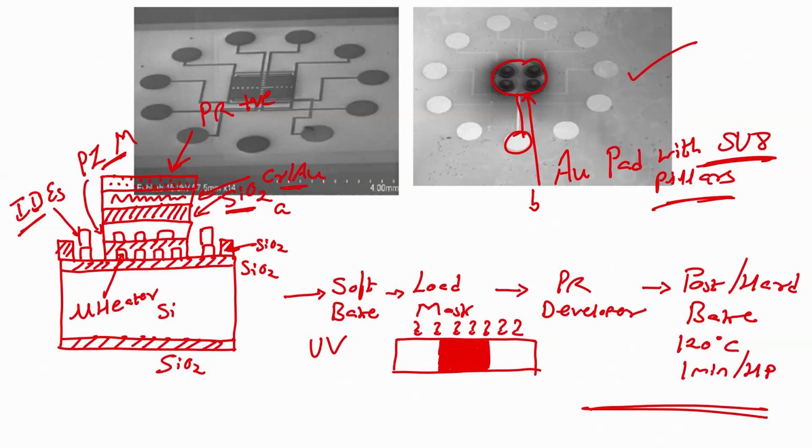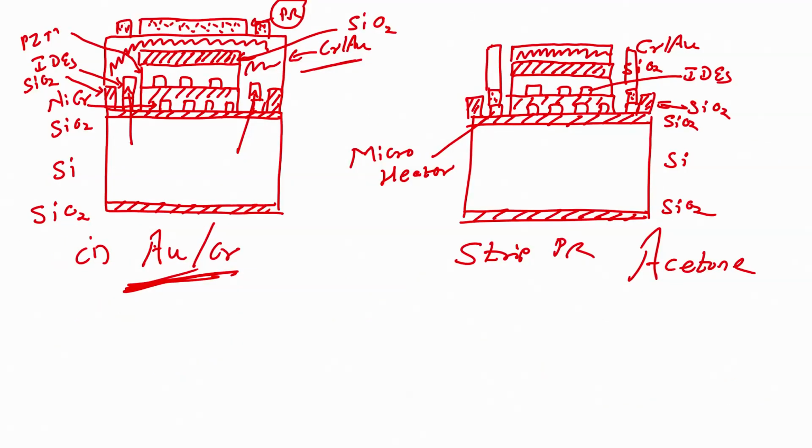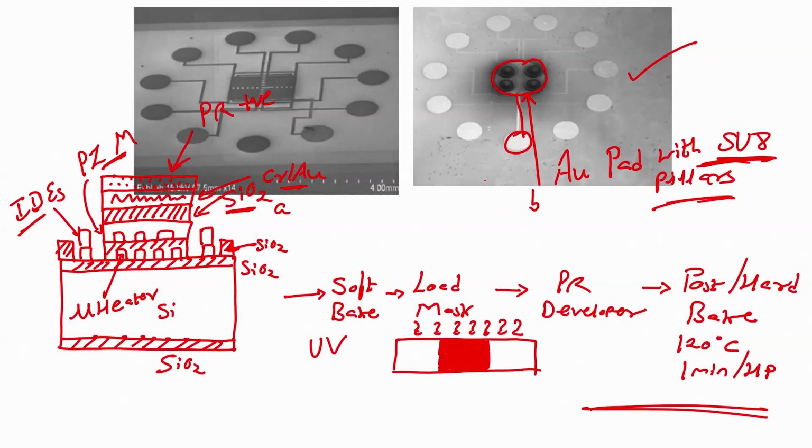So, what is the next step? Next step is that we have to now pattern SU8 to form this particular structure which are like pillars of SU8, right. So, how can we do that? After this particular step, how can we make SU8 pillars or how can we pattern SU8 to form pillars? This we will see in the next module. Till then you just look at whatever we have done here, understand. See, I am going a little bit slow so that you guys do not get confused.